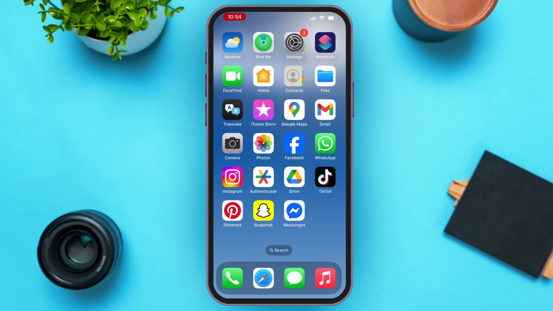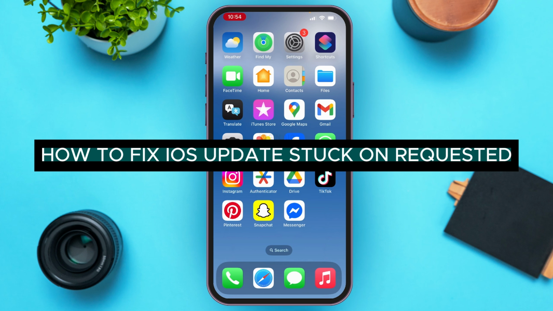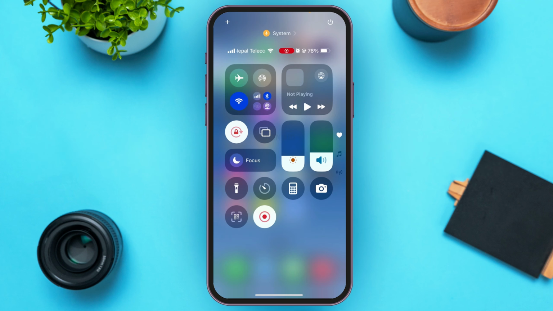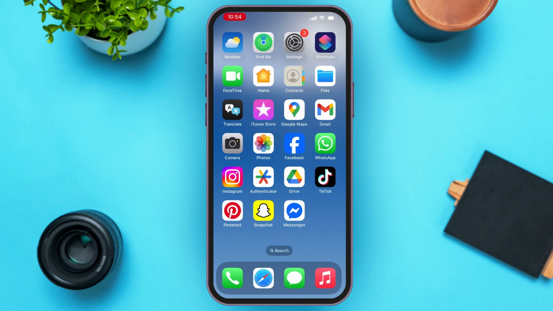In this video, I will guide you through how to fix iOS update stuck on requested. For that, first of all, you need to make sure that you have a stable internet connection. Once you check that, if it is still not working, then the next thing you need to do is force